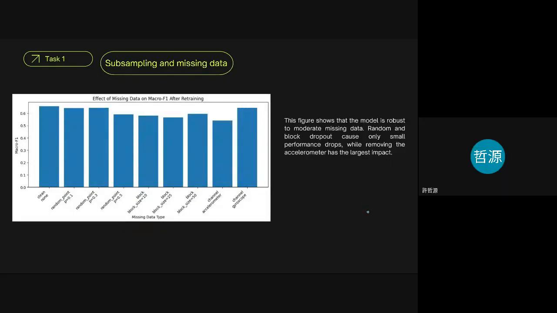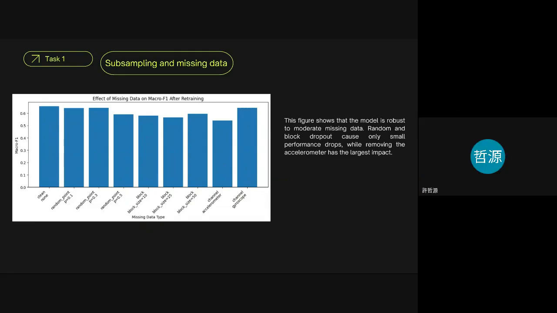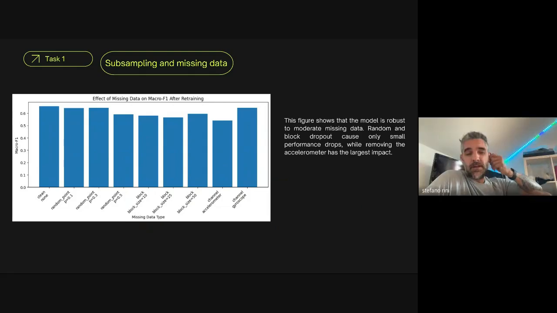And the figure answers the third question in text 1. In this chart, we compare the macro F1 score under several missing data conditions, including random point dropout, block dropout, and channel dropout. We can see that the model is fairly robust to moderate missing data. When the dropout rate is low,